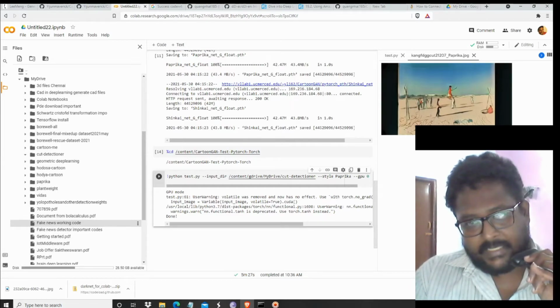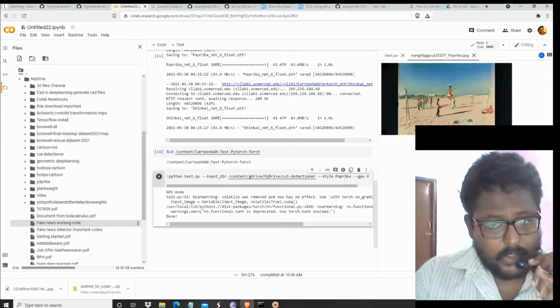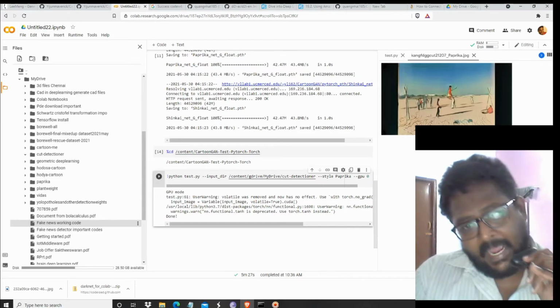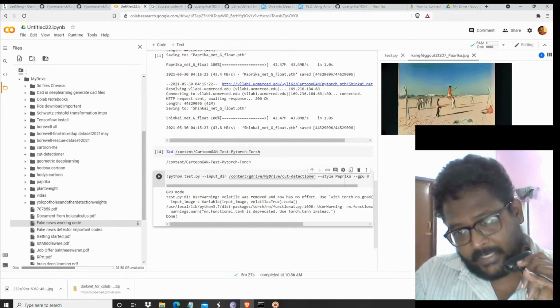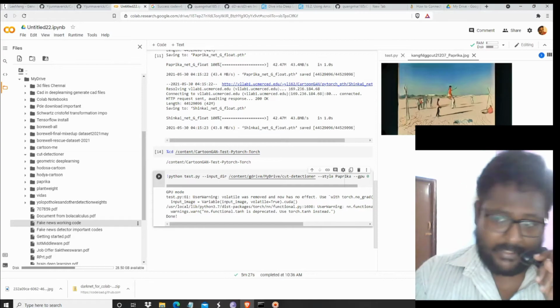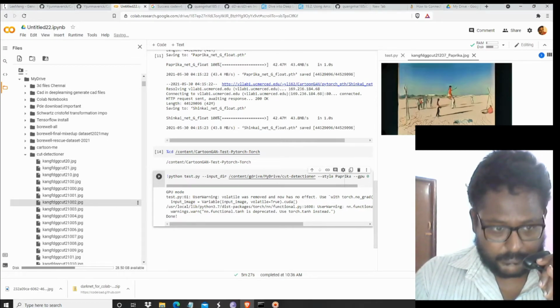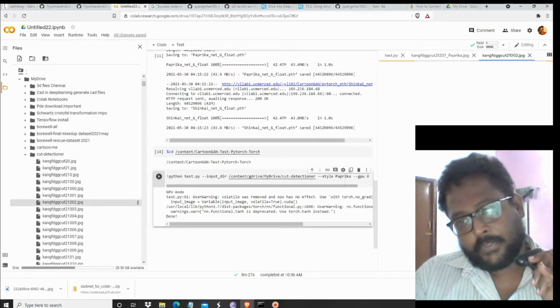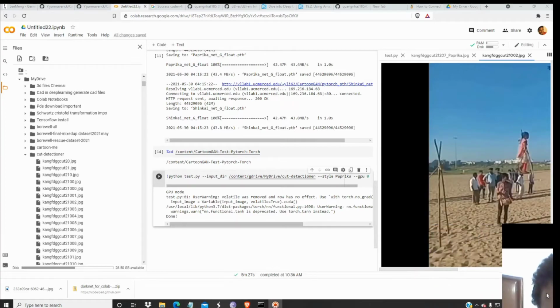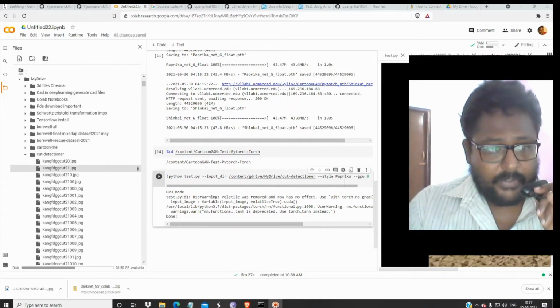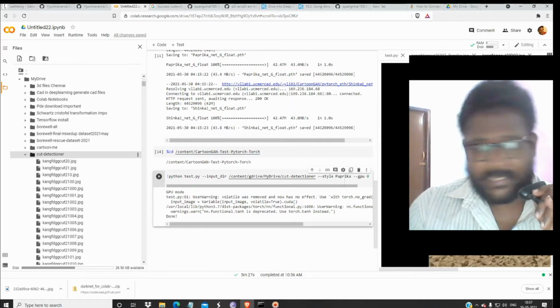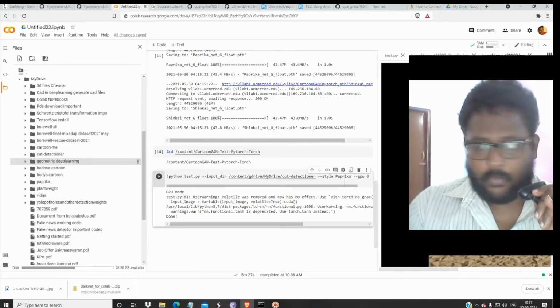You have to give the directory over here, and you have to give the model. This is Paprika. As you can see, this is an input video. If the image is too small, you can resize it. It will take two or more days of work to do.